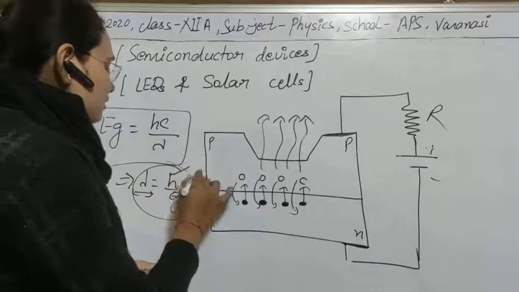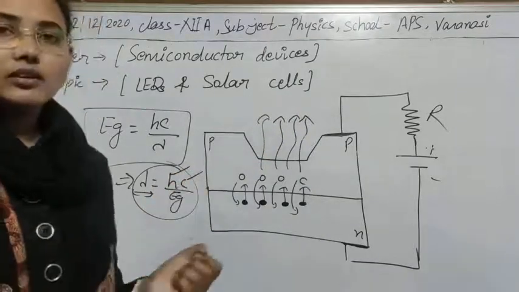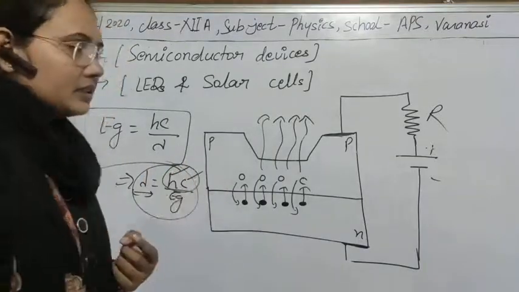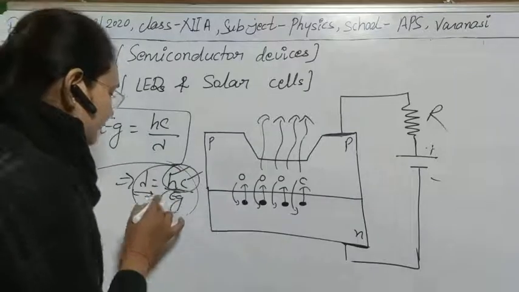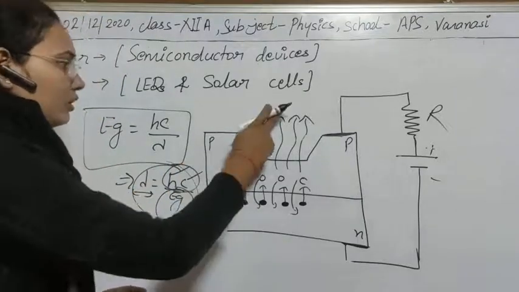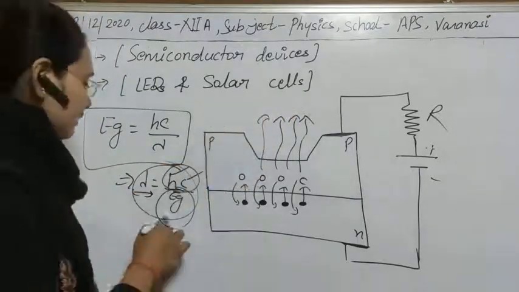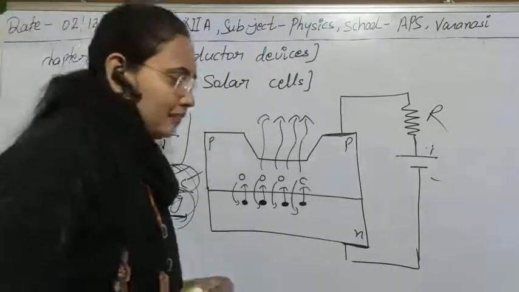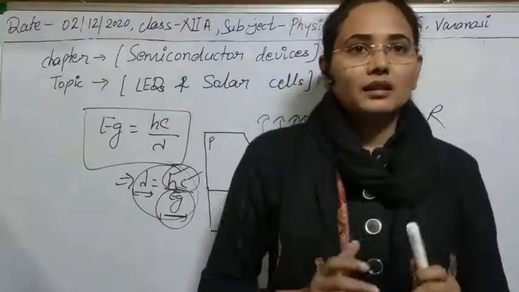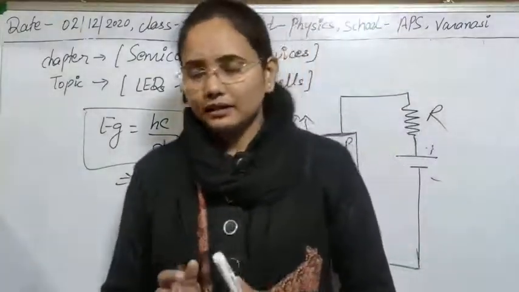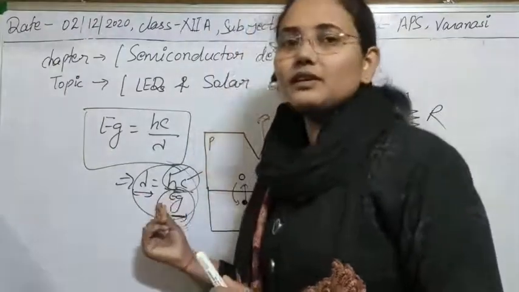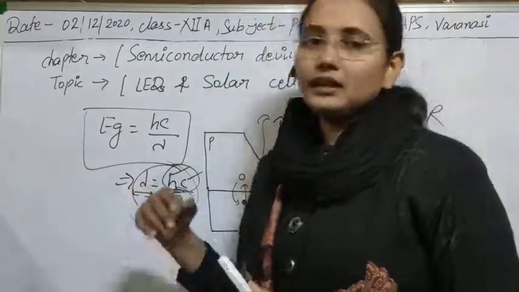This is Planck constant, this is velocity of light or electromagnetic wave. In that case these two things are fixed. Then what is the wavelength, or color of light, depending on? That will depend on this energy band gap, and we know that for different types of materials the energy band gap is different. So if we use different types of material, then we can get different colored light.